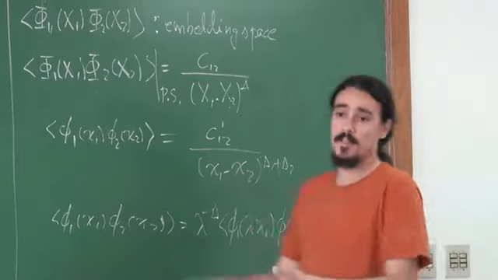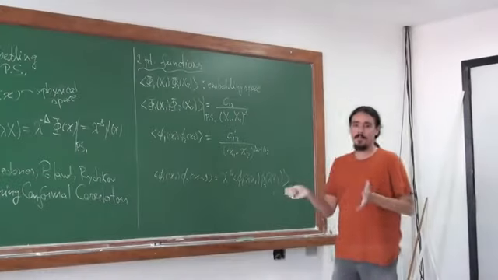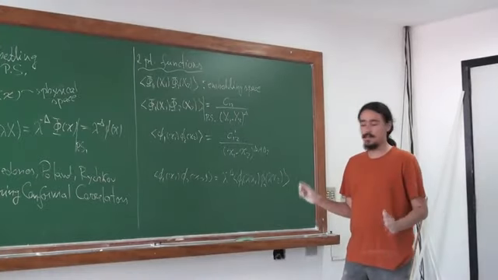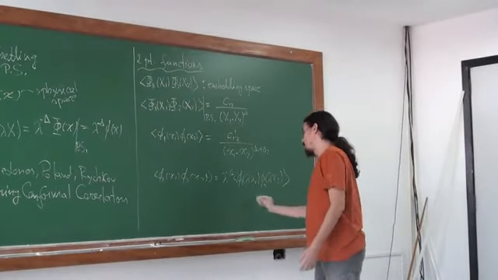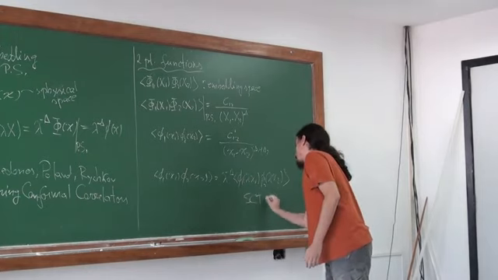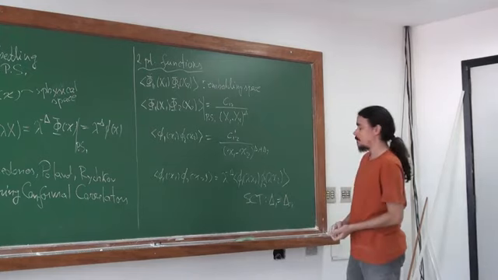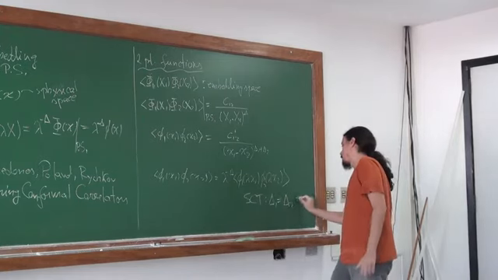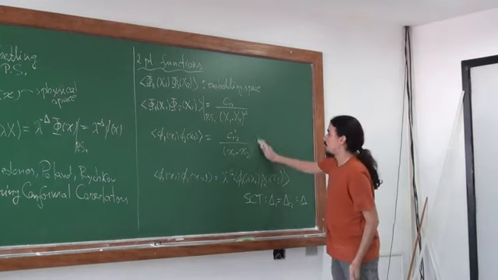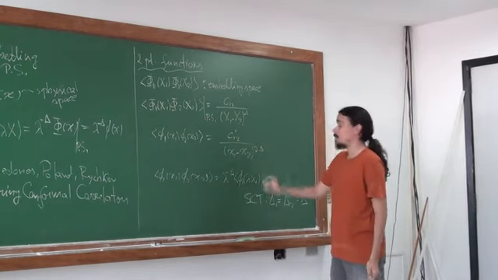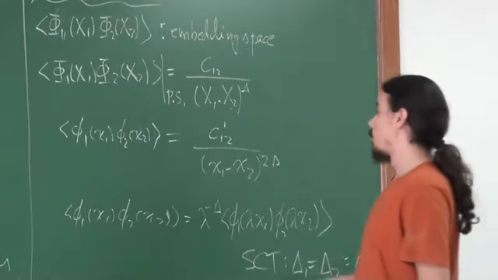But for 2-point functions of scalars, you can just solve it quickly, like in 5 minutes. And what you obtain, the SCT constraint actually tells you that delta 1 has to be equal to delta 2. So we call this the delta, and that's why we obtain 2 delta here. Okay, so